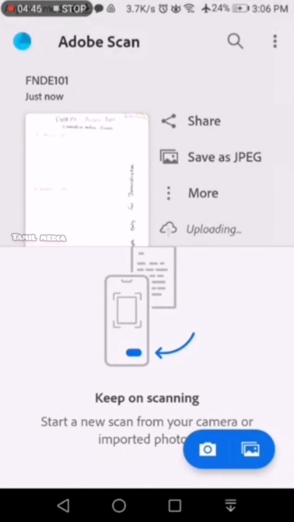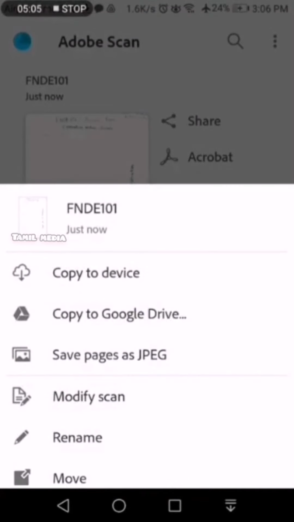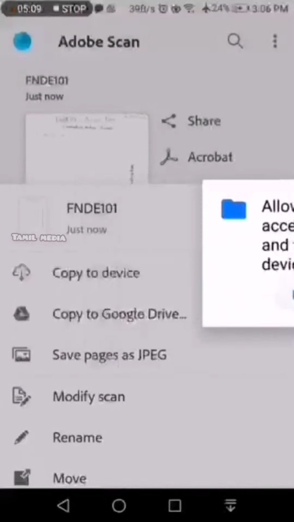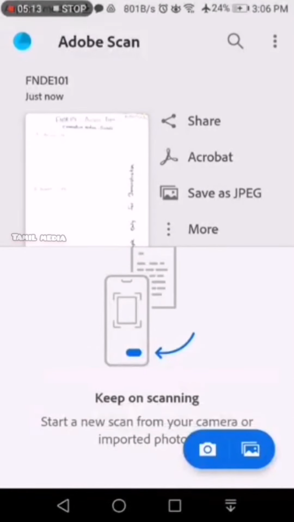Now it's saved, but you need to upload this to your CDCE LMS. For that, this is at the moment saved in your Adobe Scan account, so you need to download this. For that, you can click on more and click copy to device. Click allow, and now it's been copied to your mobile phone.